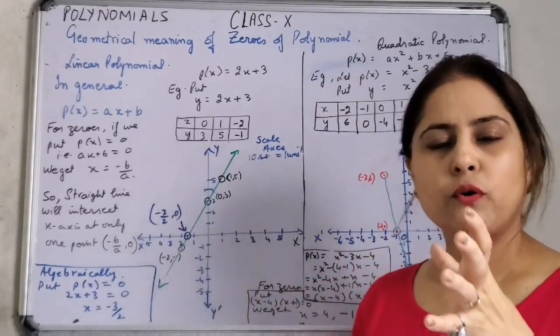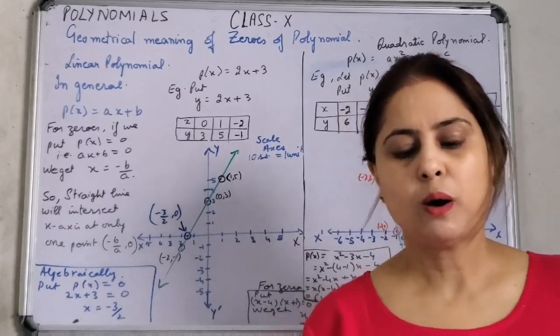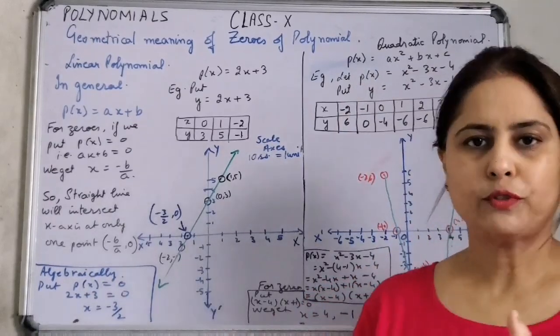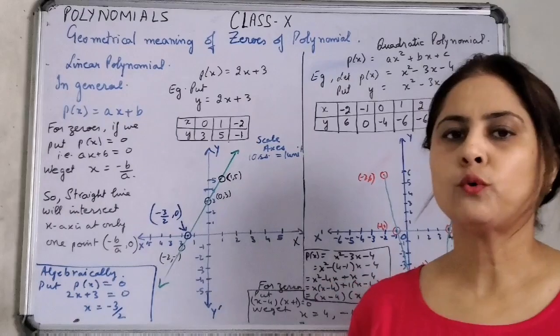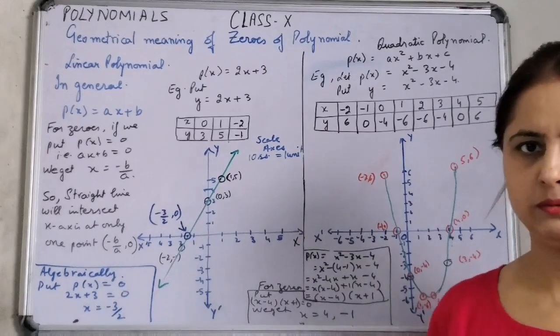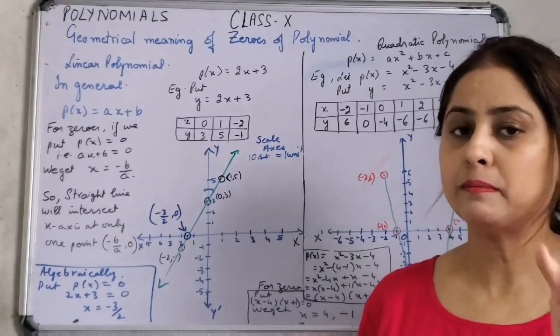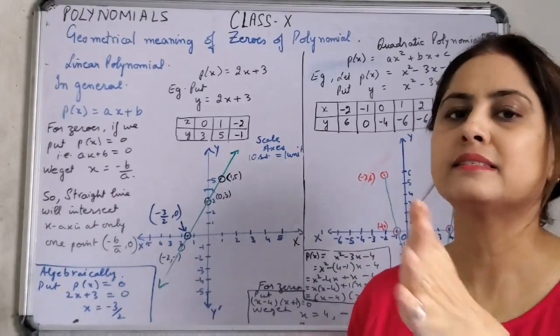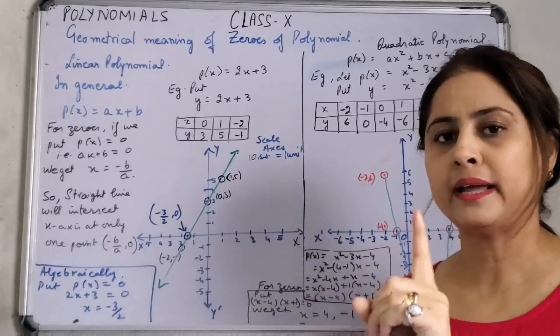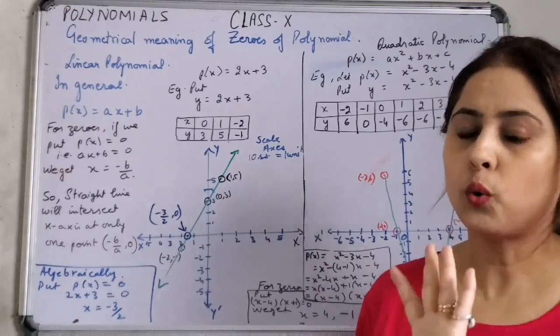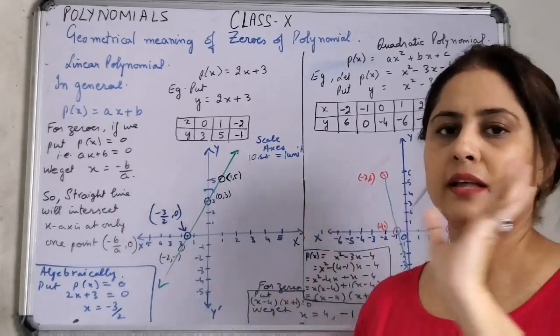Now, just another thing I want to explain over here. The number of zeros of any polynomial depends upon the degree of the polynomial. When we are talking of a linear polynomial, it is going to have at most one zero. It may not have any zero. मतलब एक से कम हो सकता है लेकिन एक से ज़्यादा नहीं हो सकता. When I say at most one zero means एक zero तो पक्का ही है. एक से कम यानी कोई भी zero नहीं हो सकता लेकिन एक से ज़्यादा तो नहीं होगा.